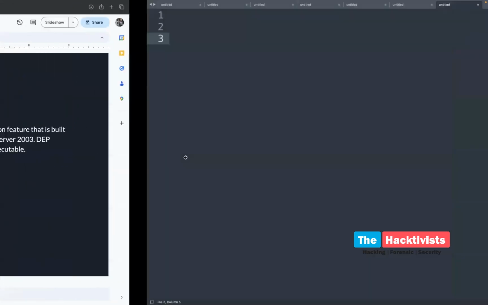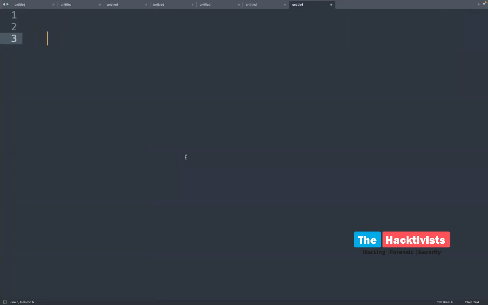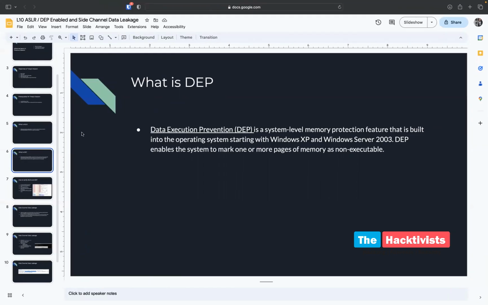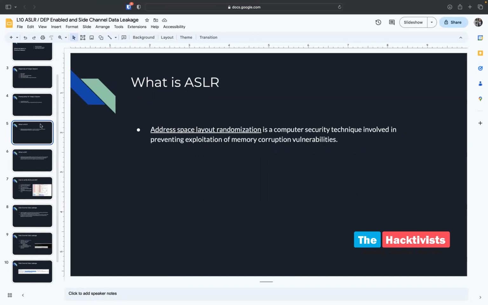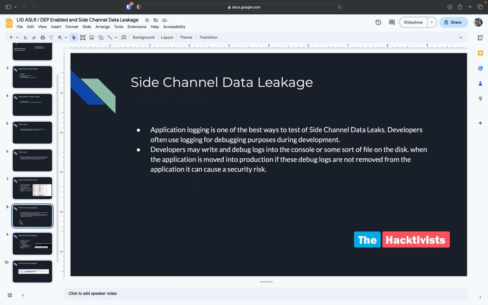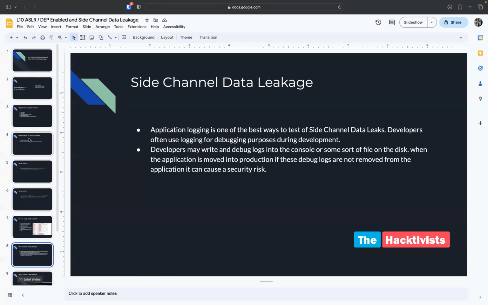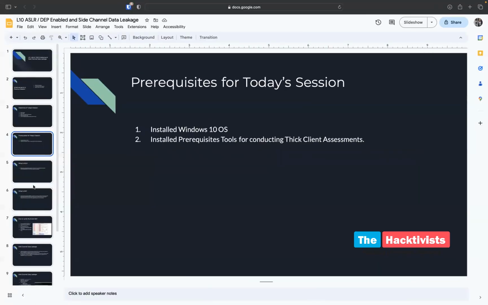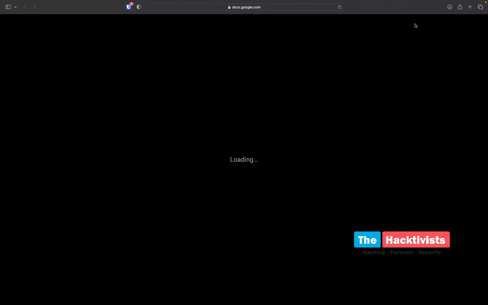Now, as we discussed, the main remediation for DLL injection is DEP, which is data execution prevention. So that is what we'll be understanding in today's session: how to validate whether an application has DEP enabled or not. Our main agenda for today is to understand what ASLR is, what DEP is, how we can find whether they are enabled or not, and then the side channel data attacks and data leakage. The first thing we'll take up is